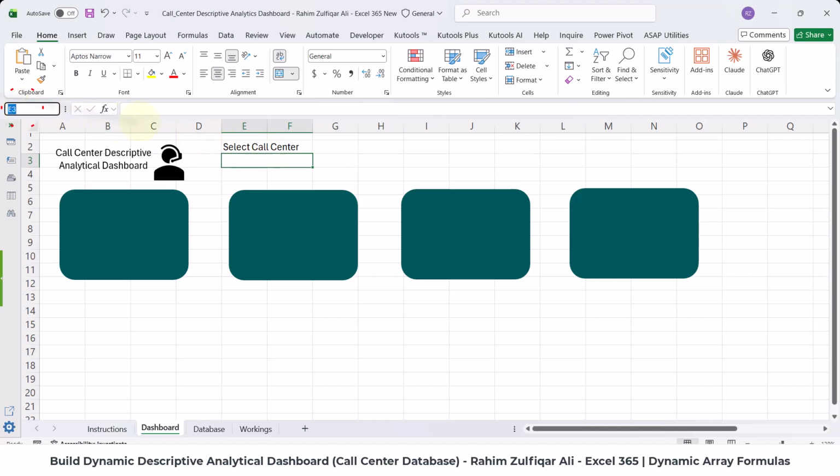I can just click on this name box and rename this cell as select underscore call center. Then after 1 or 2 columns you can go for the next drop down name, select month. Let me again merge them; merging is not necessary, but for the spacing idea I have used these two cells. So go to the name box and write a name, select underscore months, and then after 1 or 2 columns